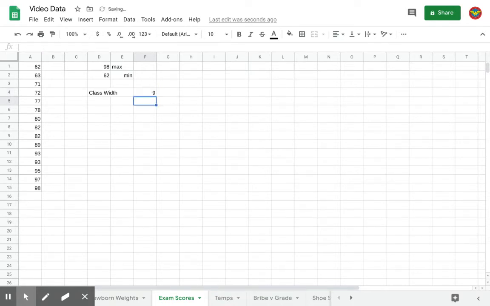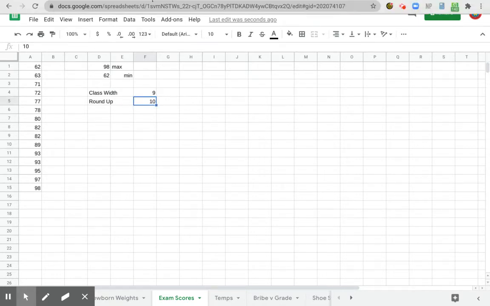And then I hit enter. I get 9, but I need to round up every single time. Otherwise, I'm not going to grab the highest value. So I do need to round this up. So the class width that I actually want is this one here at 10. Let's go ahead and go back to